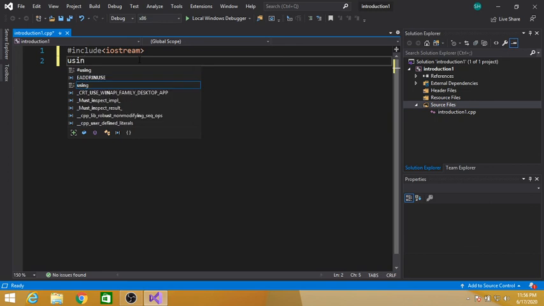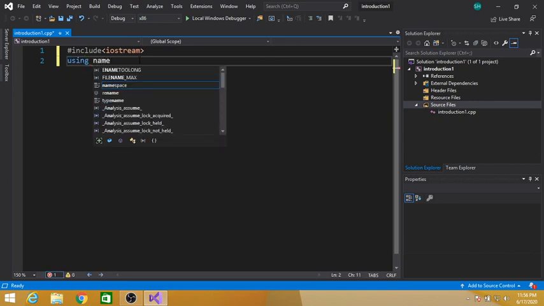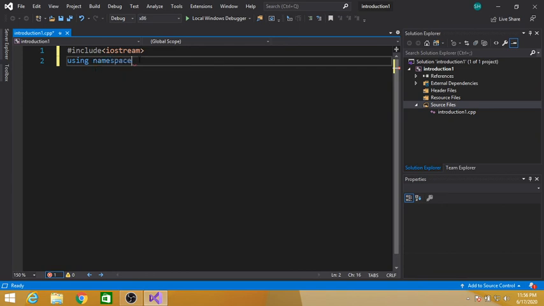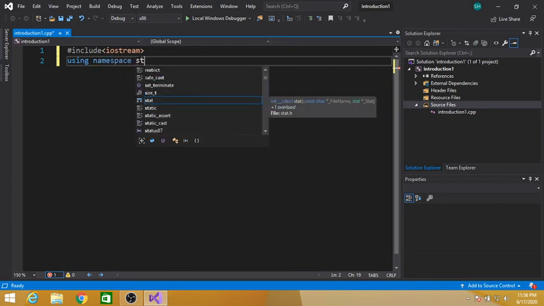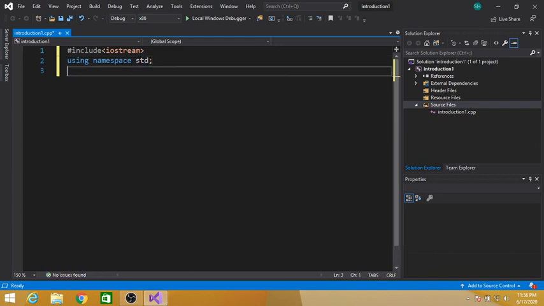Using namespace std. Preprocessor directives always start with the hash symbol.